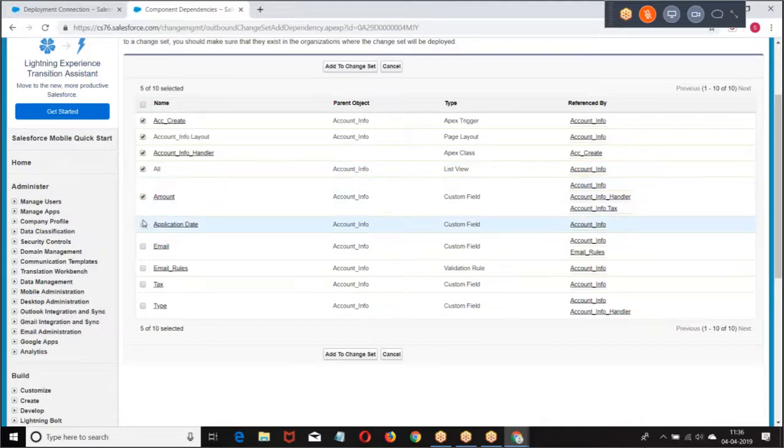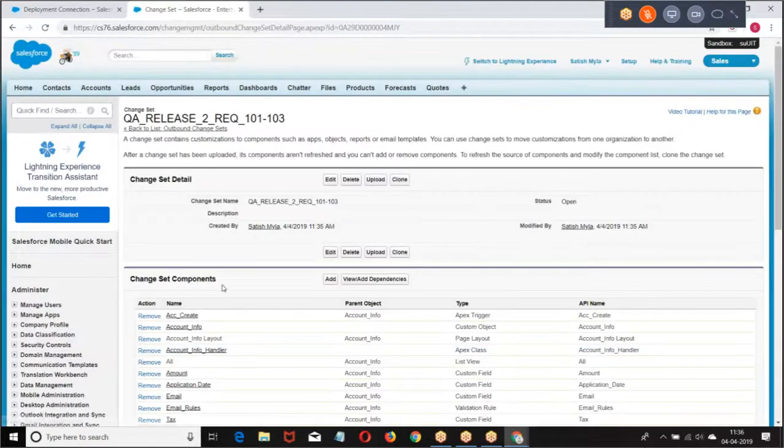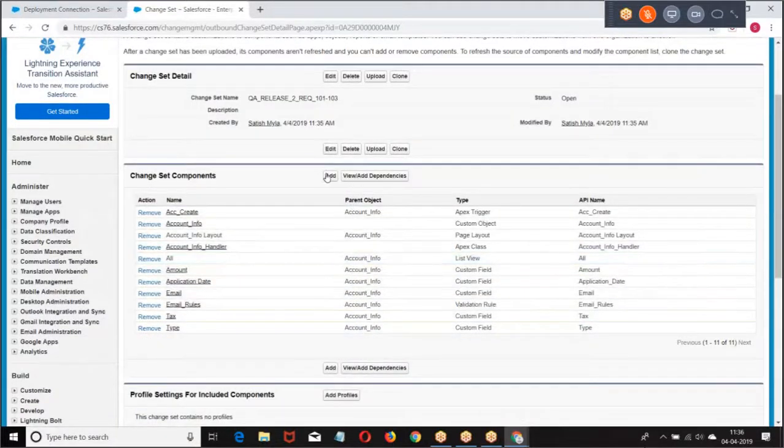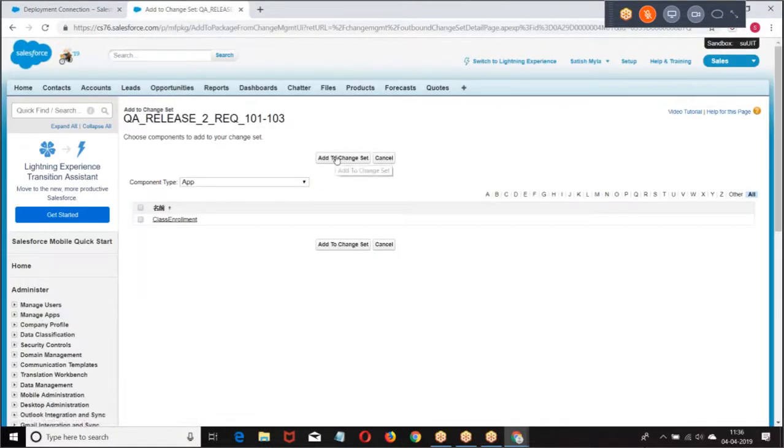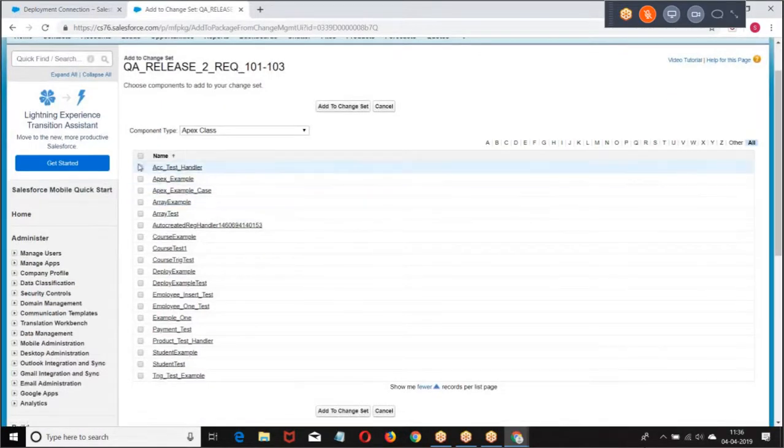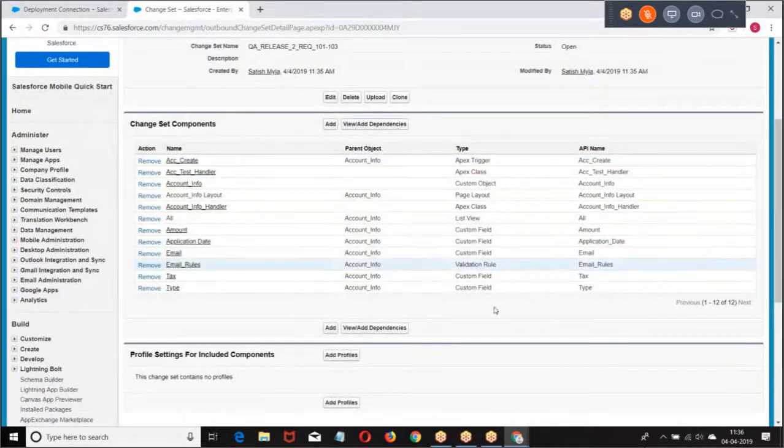Triggers, classes, everything we add separately. Then add the test class. Here we had the trigger, test class, and one more class, info handler. Now all the things are added. Whatever I want to deploy, I have added here.